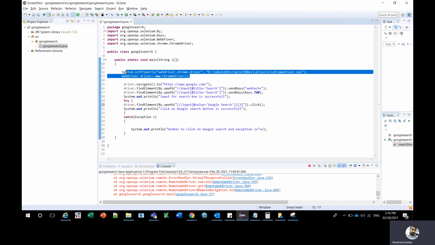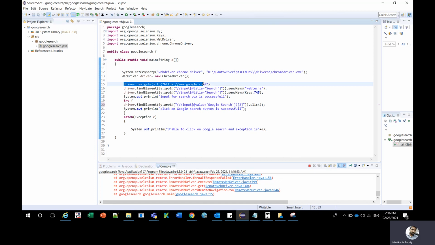This part is for setting system properties, like the driver properties for the Chrome driver. Then it navigates to Google and searches. There is a search box on Google, where it enters the web text, our channel name, and then it tabs out.